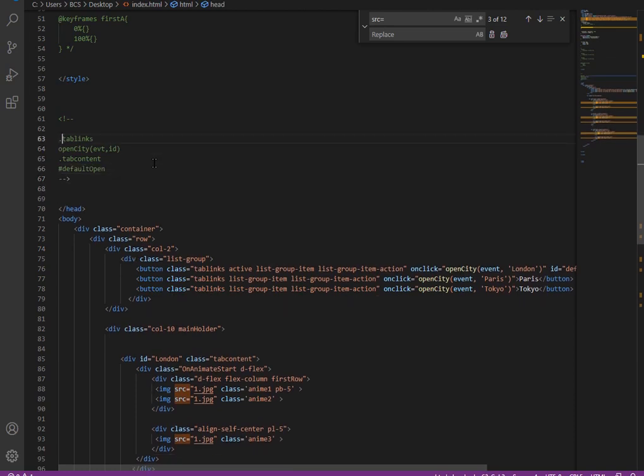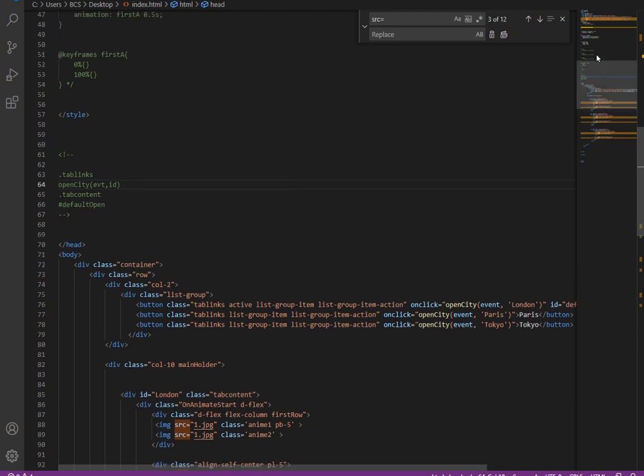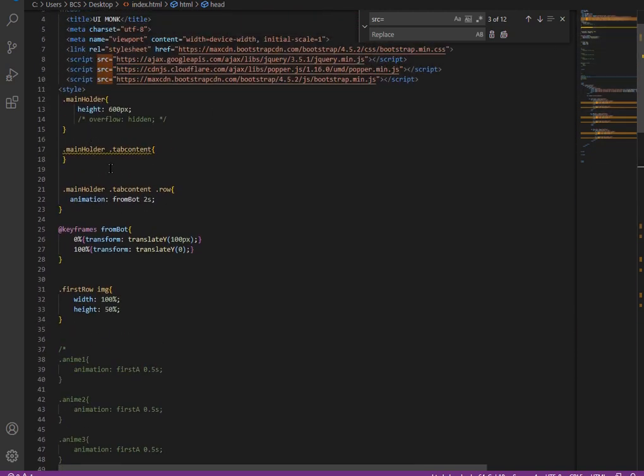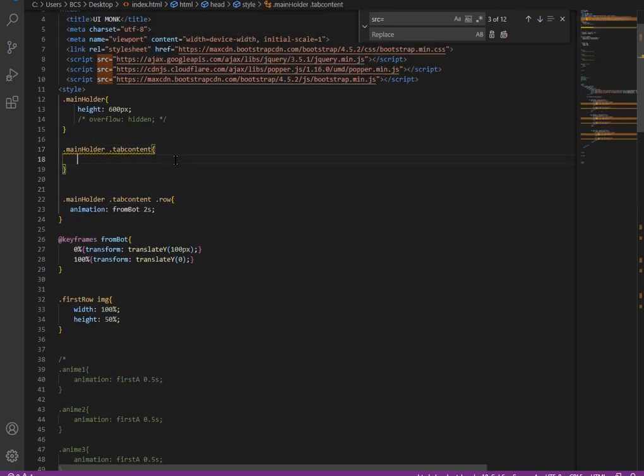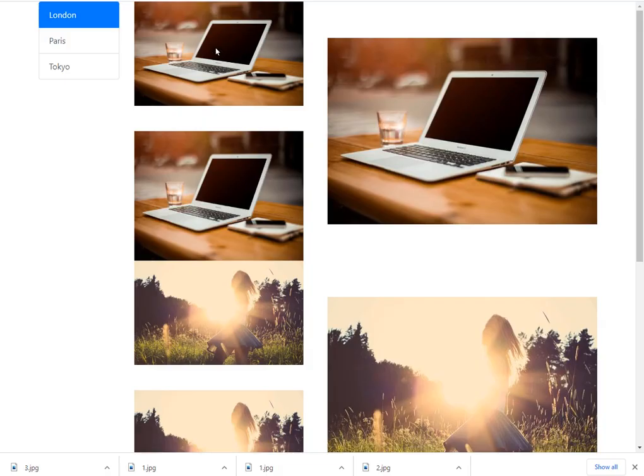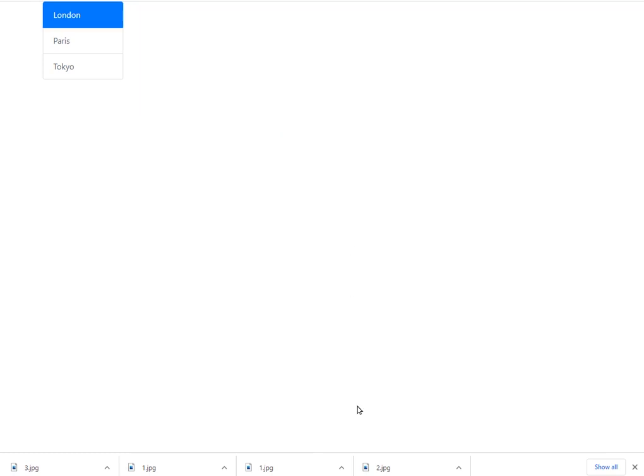That's the reason. This is class, and that's it. These are the classes which we are going to work on. And let's use a tab content and give display none. And now you should not see anything on the right side. Great.